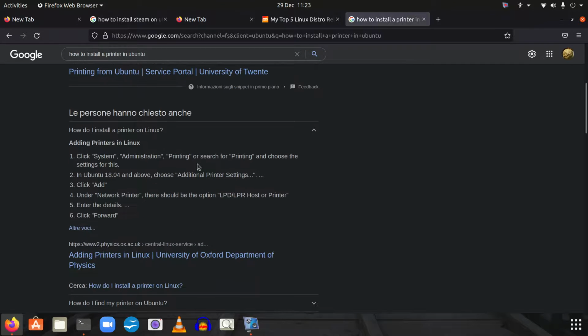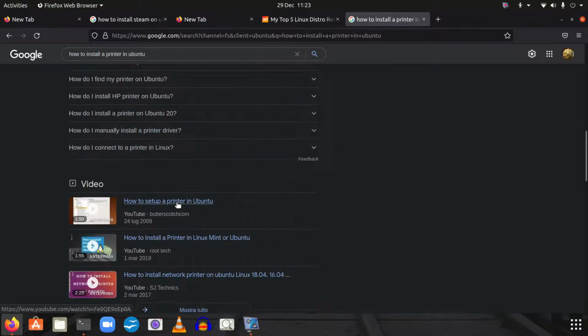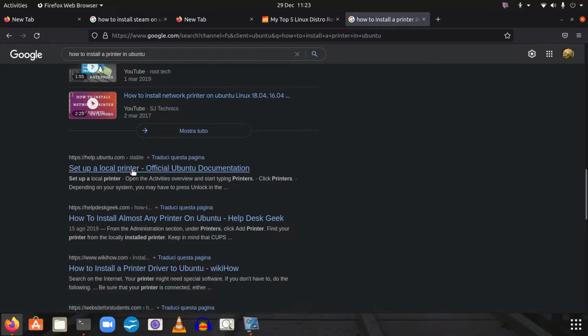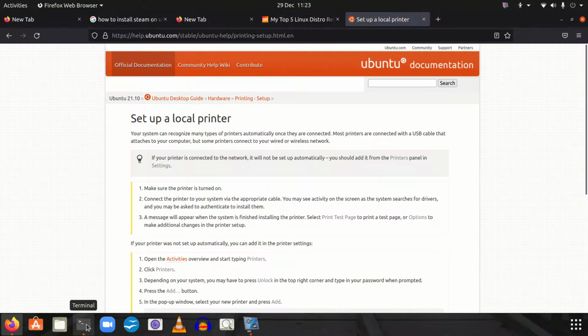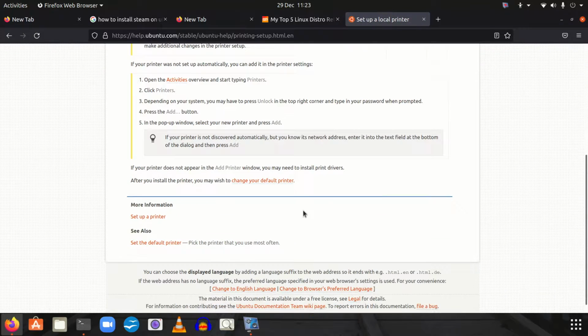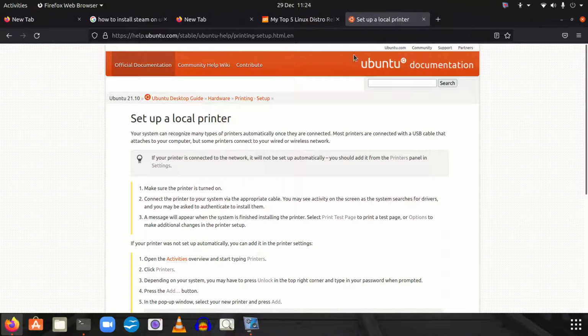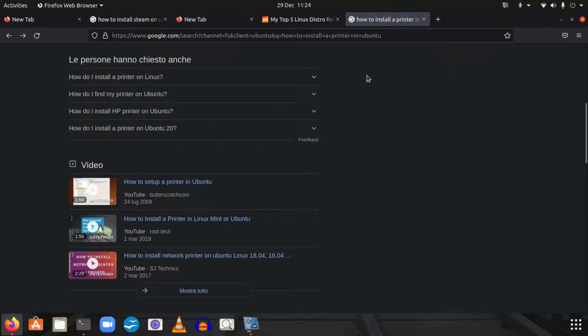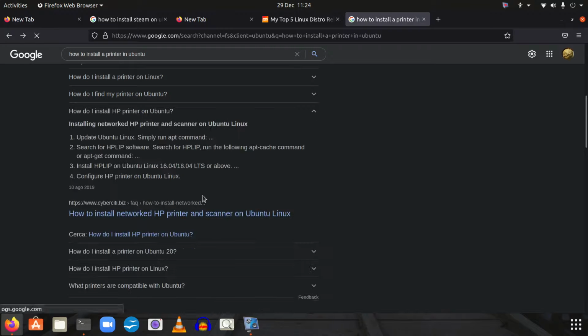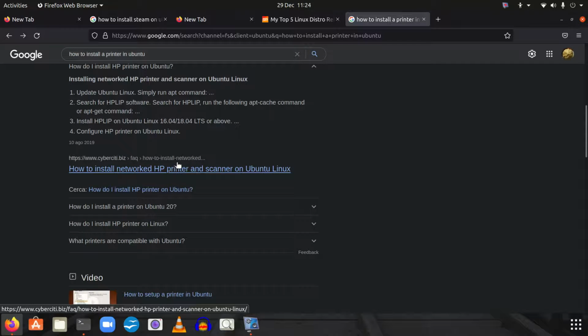For example, you see, looking on the internet, you have some lines where you have to open the terminal, and you have to copy and paste some lines that you can find here on the internet. You have the Ubuntu documentation that is very useful